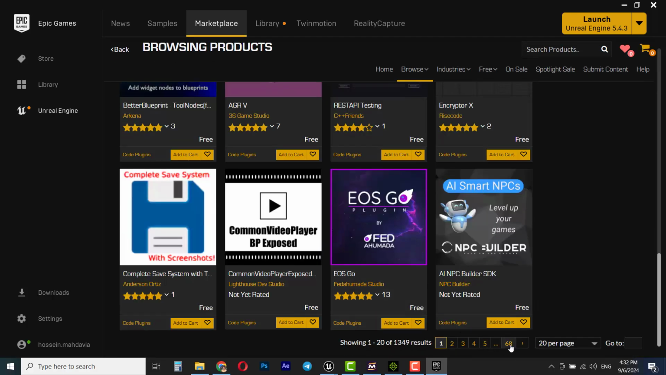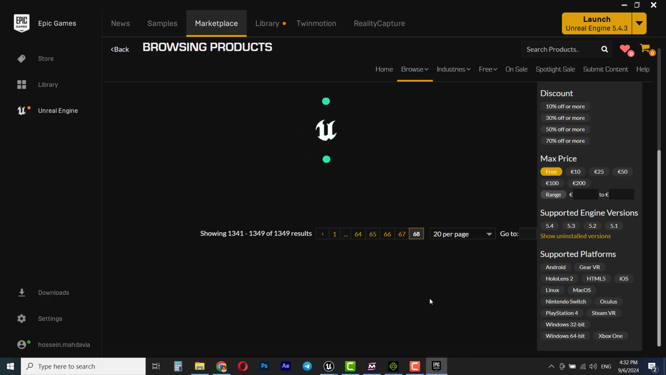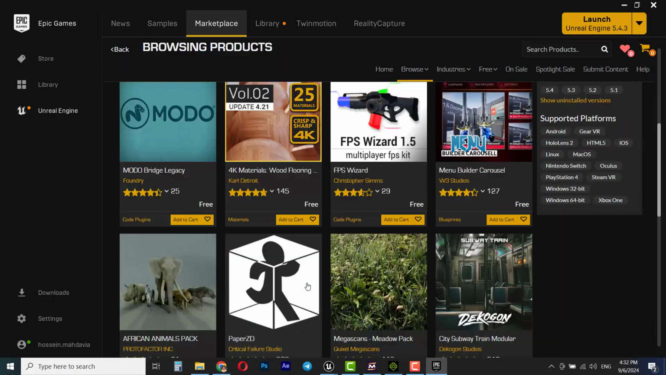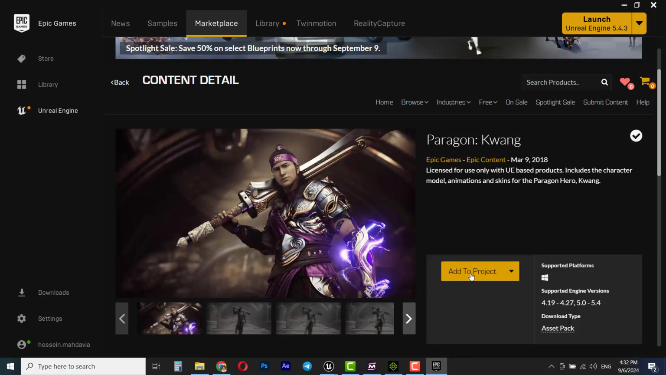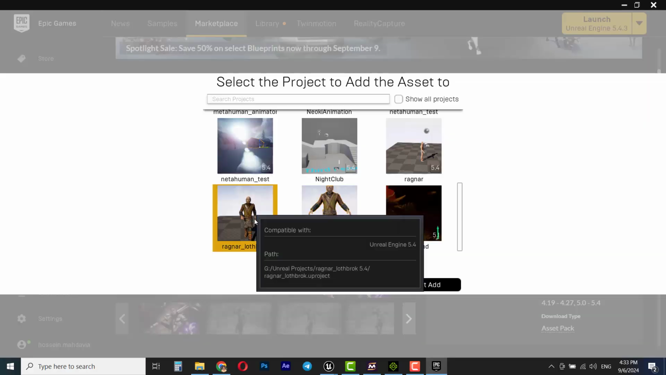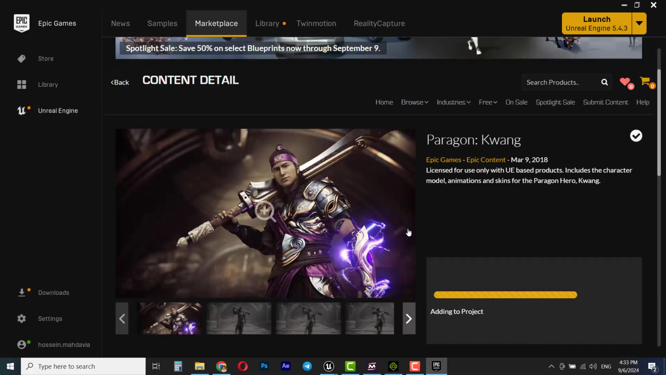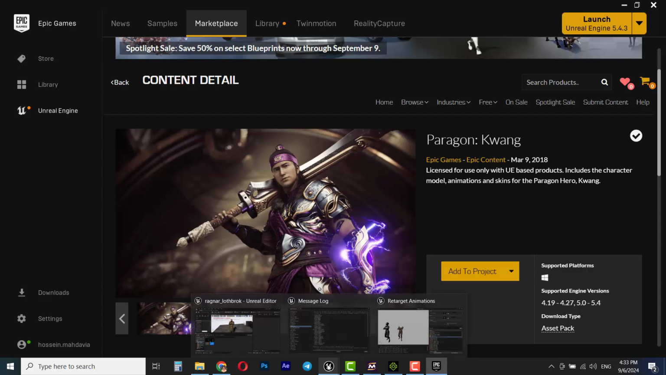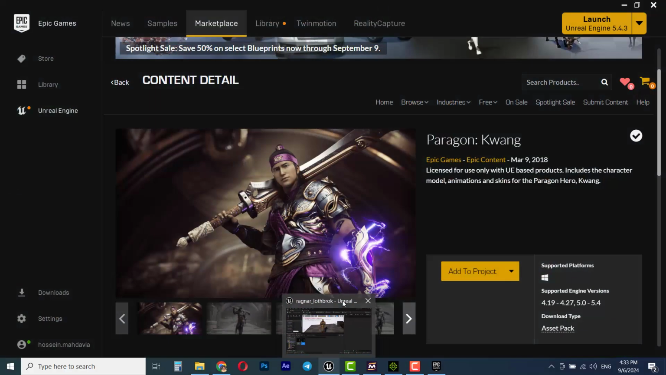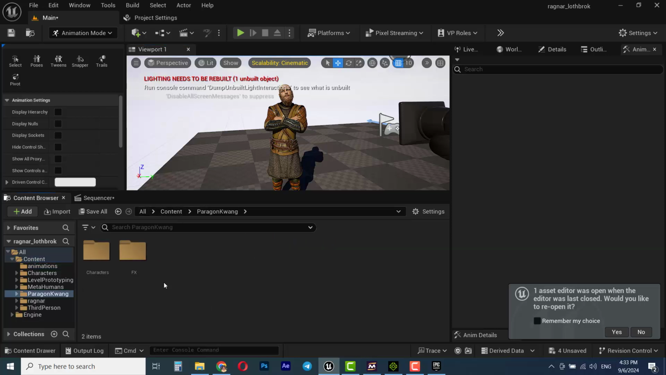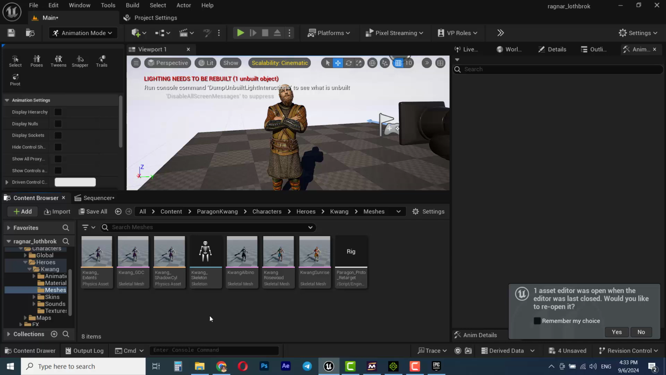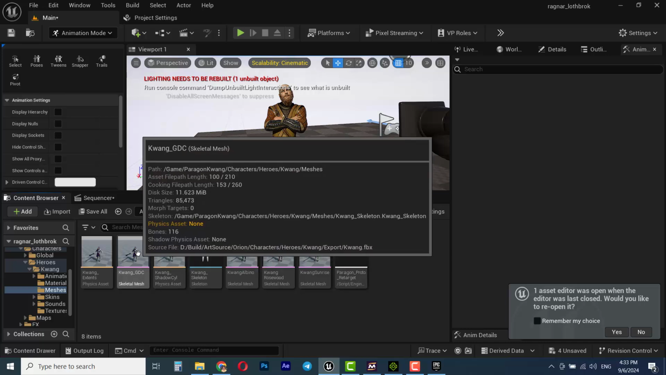and go to page, I guess 60 or 64. I'm looking for a Paragon free character, this one for example. Add it to project, select your project and add to project. Go back to Unreal Engine, contents, Paragon Quang, character, heroes, Quang, meshes, and I will add Quang